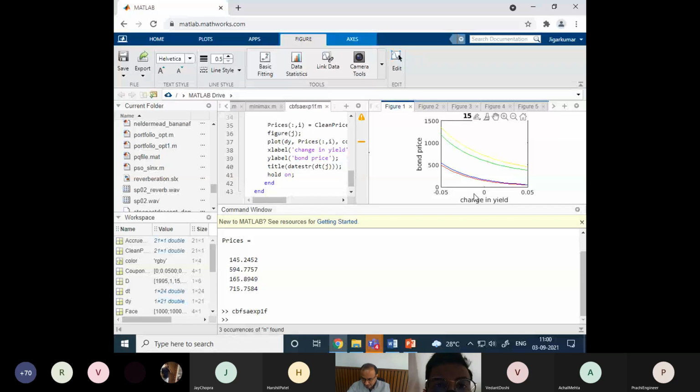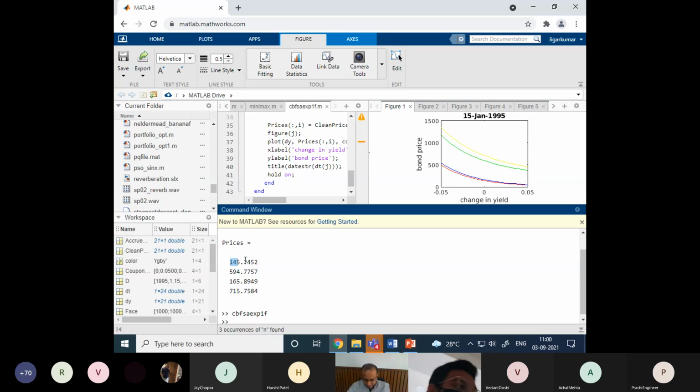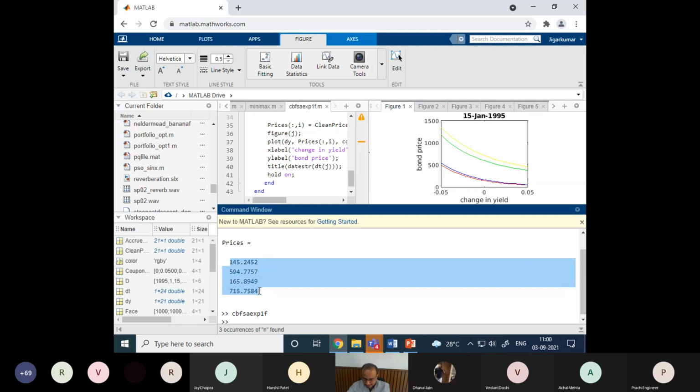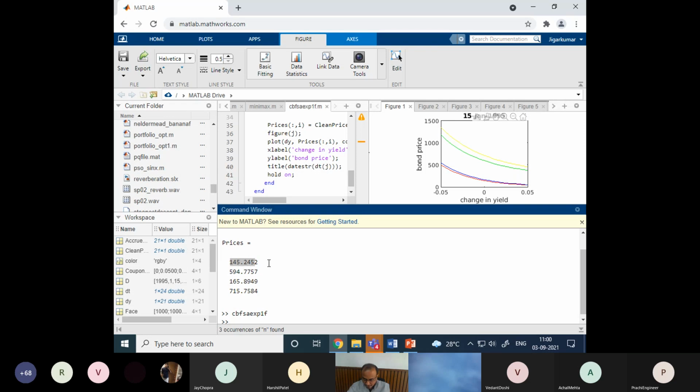And this is the change in yield from minus 0.05 to 0.05, and how the bond price is fluctuating for all these 4 bonds. So suppose your yield is your base rate that we have seen, you will get these 4 bonds at this price. If you can see, the red belongs to bond 1. So at 0 you get bond 1 at this price, which is 145 rupees. Bond 2, which is green, you get at 594 rupees. But my yield is changing from this fixed value on either the minus or plus side. You can see there is a huge fluctuation in price, right? If yield turns negative, you have to pay a high price here, right? And likewise.